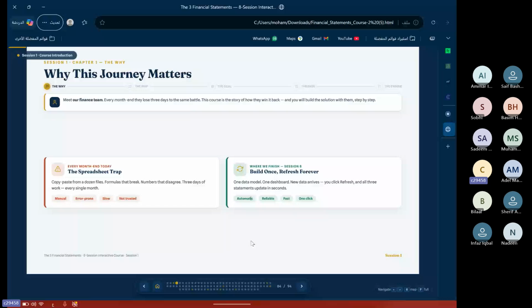First of all, we need to answer this question. Why do we need to use other tools other than Excel and the normal spreadsheet? Why do we need to go to Power Query and use a different language like DAX and M language? Why do we need to do this? Why are we not using VLOOKUP and SUM and XLOOKUP? Why do we need to go to something new or not familiar to us?